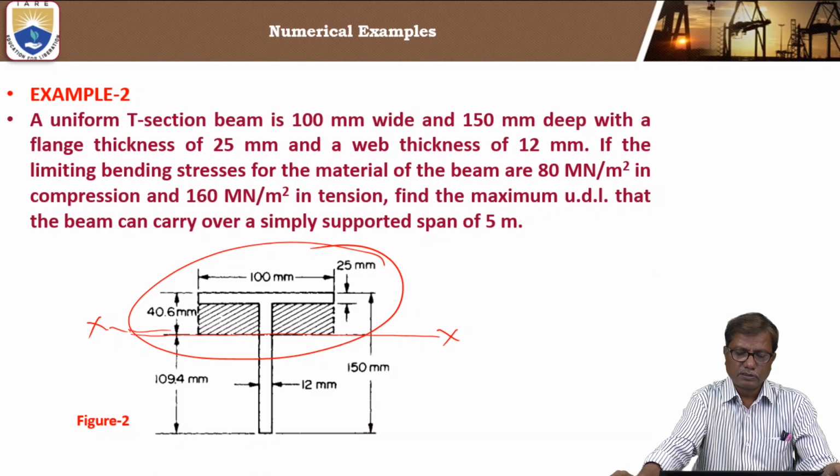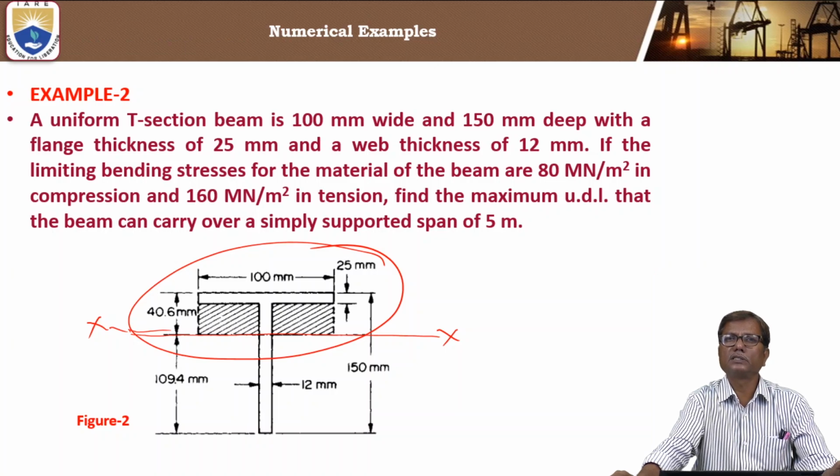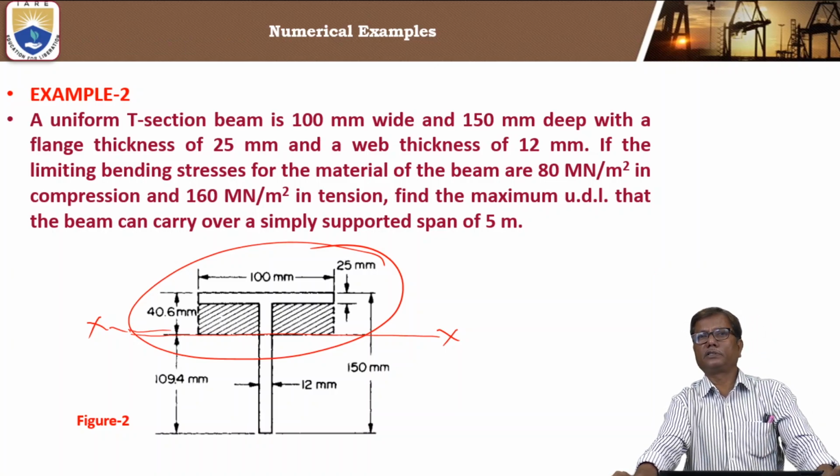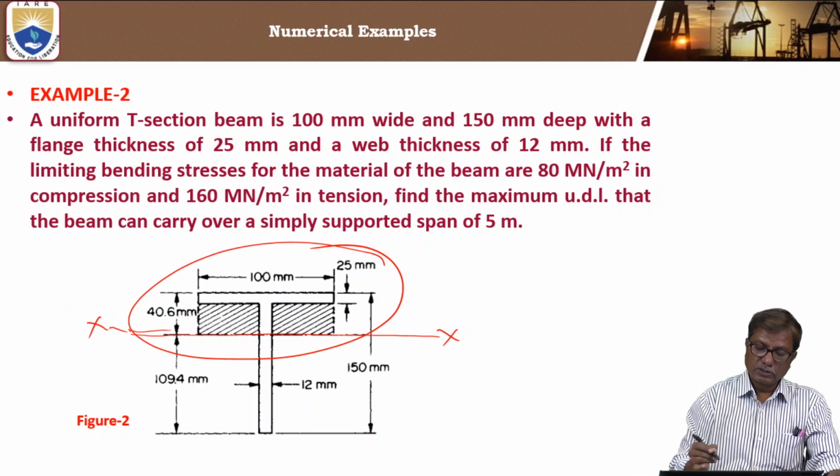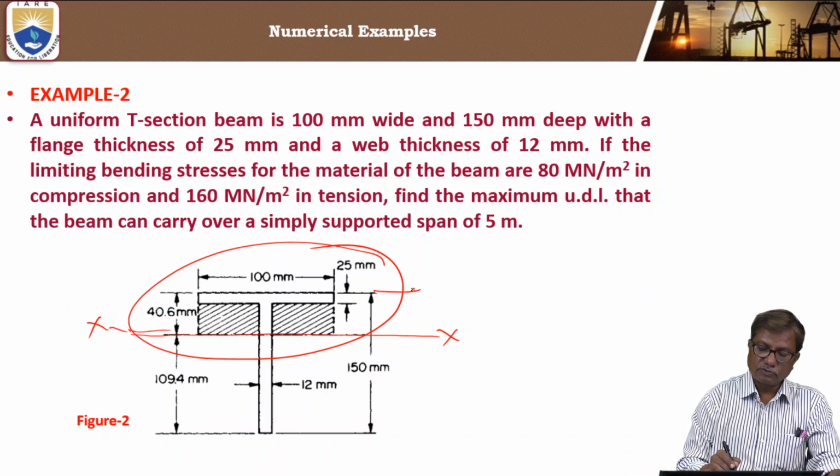The dimensions are given as 100 mm width and 150 mm depth, flange thickness being 25 millimeters and web thickness being 12 millimeters. So in unsymmetric sections, the first thing is to find